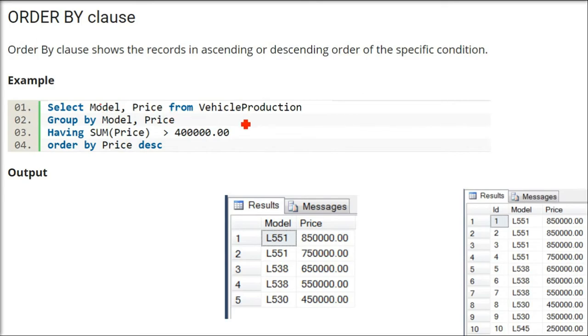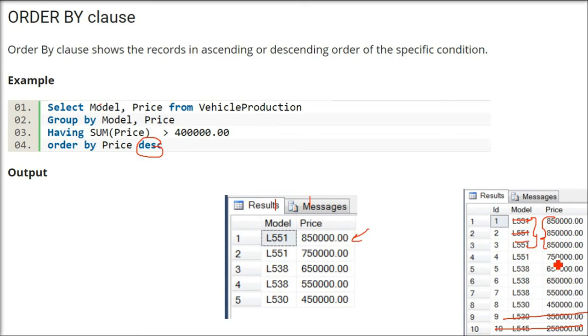And with this order by, we are doing select model price from the table, grouping through model and price, so 2 columns will come, and having sum price greater than 4 lakh, so just cancel anything which is less than 4 lakh. Okay, now whatever is coming is ordered by price, DESC for descending. Price is the column on which this order by has to be applied. So the highest amount is L551 8 lakh 50,000, so it will come.